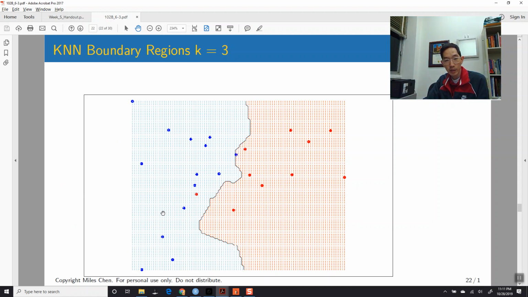And so with the idea being, with k equals 1, you got all sorts of weird shapes, and as the K increases, the shape gets a little bit smoother. Smoother isn't exactly the right word, but it becomes a little bit less flexible. It's like the line wants to become a little bit more